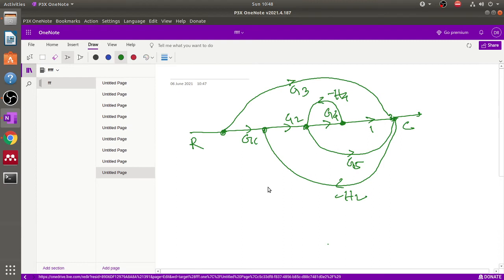Now first of all, in this problem we see that this is the first loop, that is L1 equal to minus G4 into H1. Now what is the value of L2? L2 is G2 G4, so G2, this G4. Okay,